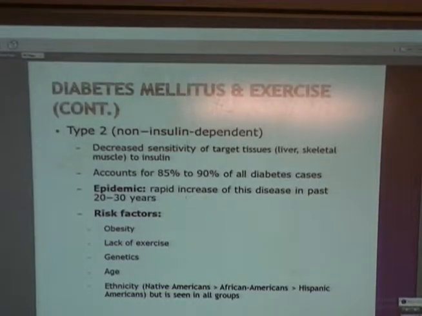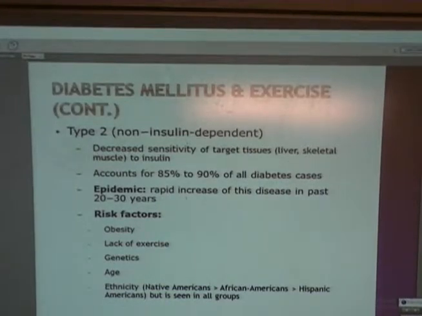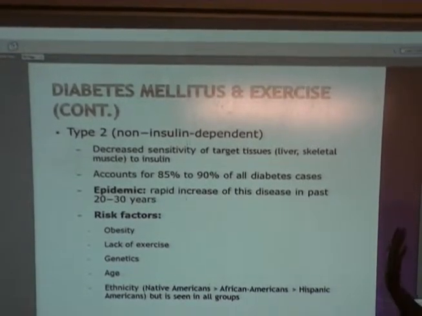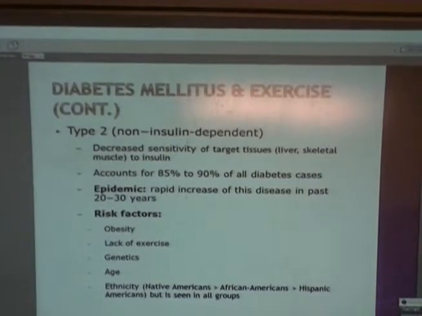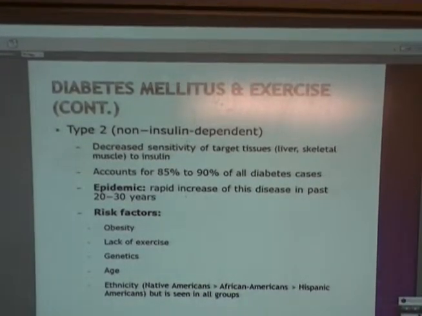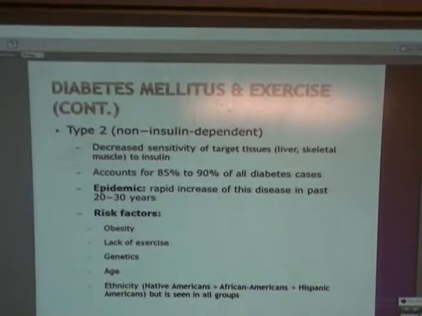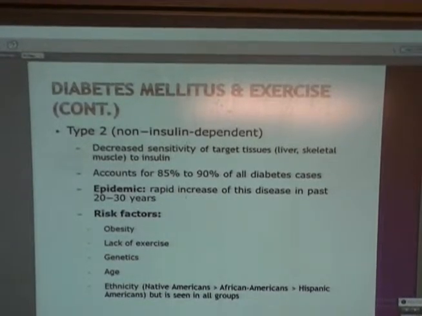Sex isn't a risk factor. Typically, young girls appear to be more prone than young boys, probably because of the amount of fat cells that are laid down during puberty, and then they're also more likely to be sedentary, so we see a few more teenage girls developing it than teenage boys.